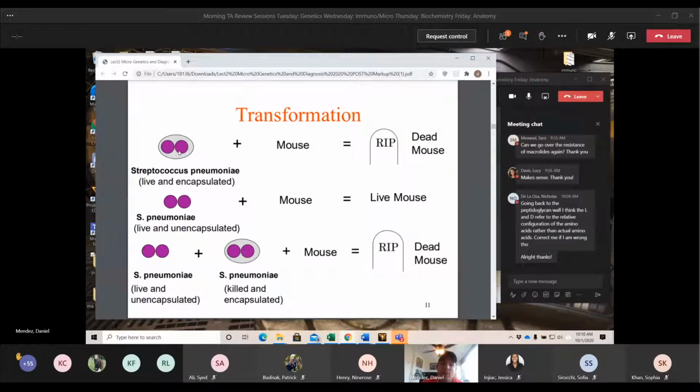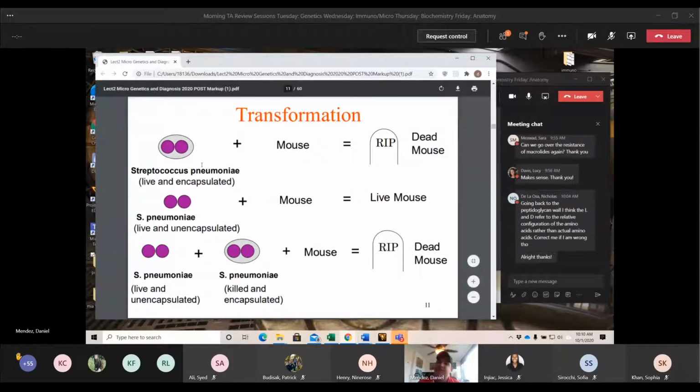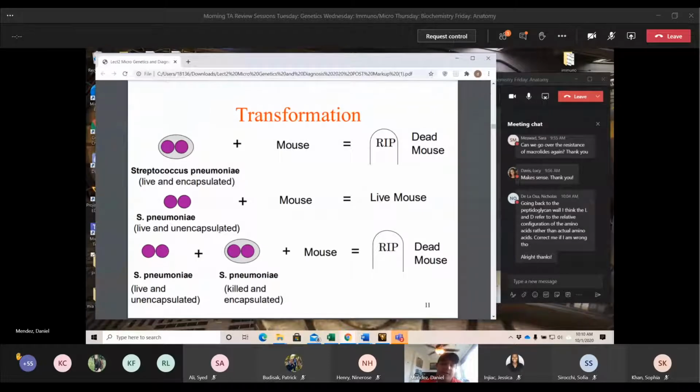If we introduce it to a mouse model, the mouse will die because it is pathogenic. If we have a live one that is unencapsulated, it doesn't have the code for that capsule within its genome, so the mouse's immune system will be able to react and kill off that pneumonia.